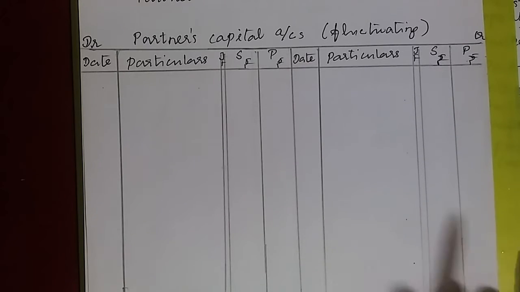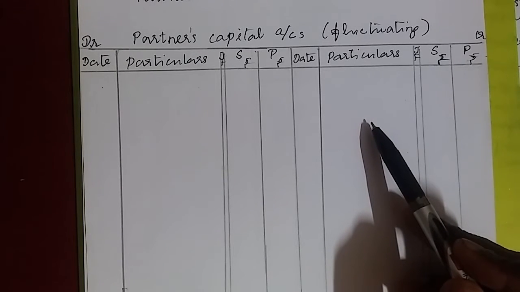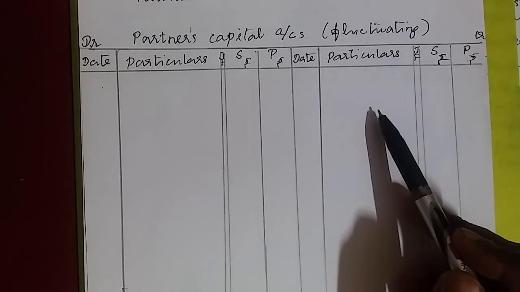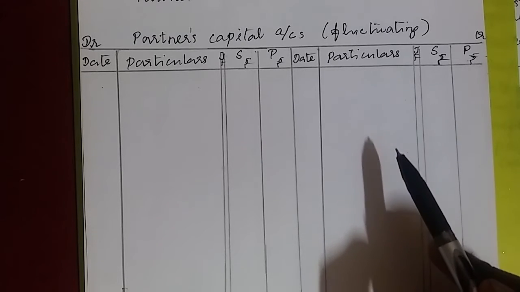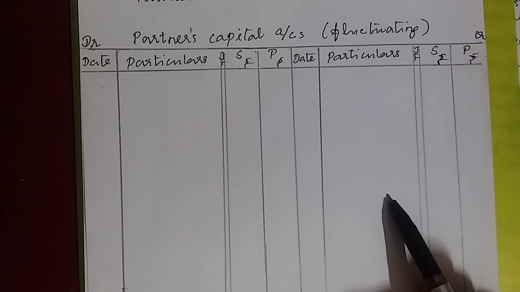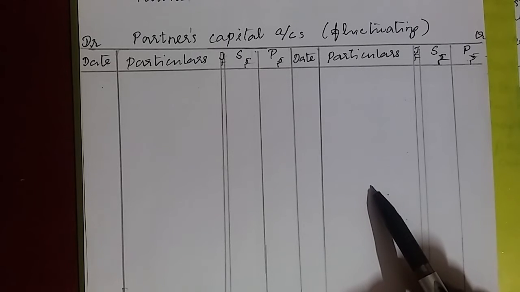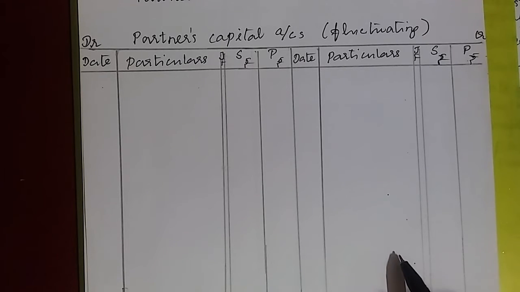Once again, I will recall. We are preparing the partners' capital account, so you should remember what the incomes are, what the partners are going to get from the firm. First one is interest on capital. The firm will pay it to the partner. Second one is salary. The firm will pay it to the partners. Next one is commission. Once again, the firm will pay it to the partners. These are the incomes the partners will receive from the firm. It is easy to remember this ledger. And the next one is the P&L appropriation account, share of profits. You know that share of profit is a credit value.